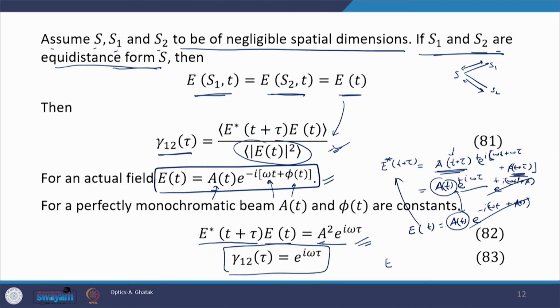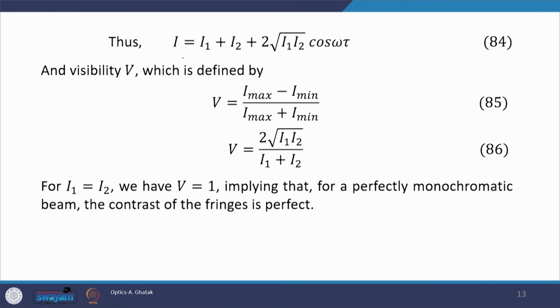What I am saying is this, E t square would be equal to the time average A square, which is in the denominator, and in the numerator we have A square e to the power i omega tau, and therefore, the resultant expression of gamma 1 2 would be equal to e to the power i omega tau. And therefore, the final irradiance expression can be written like this, where in the expression of gamma 1 2,